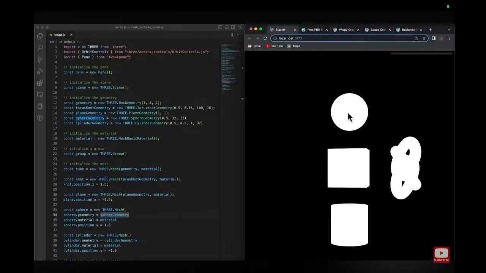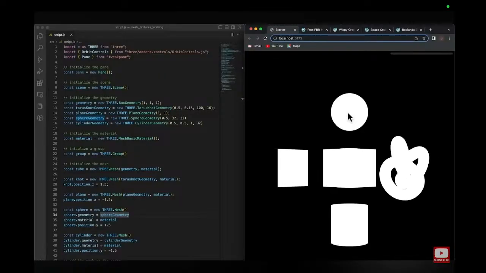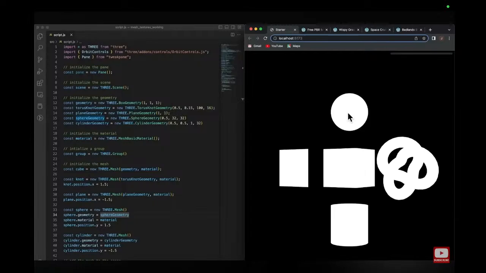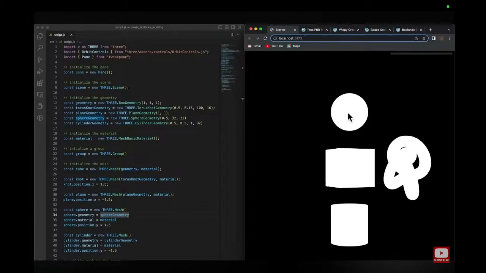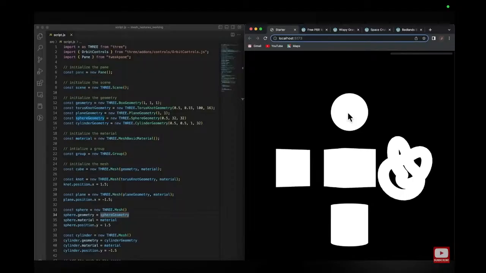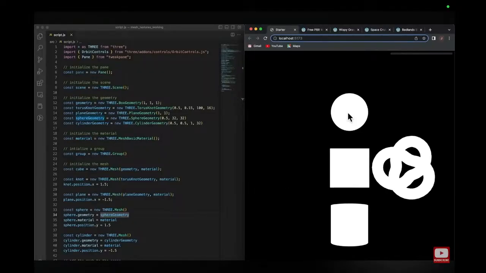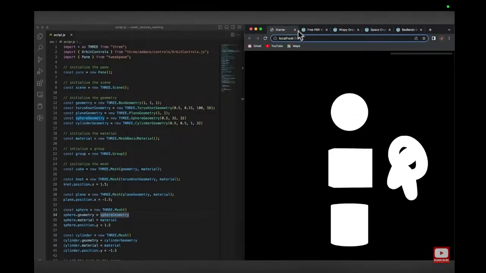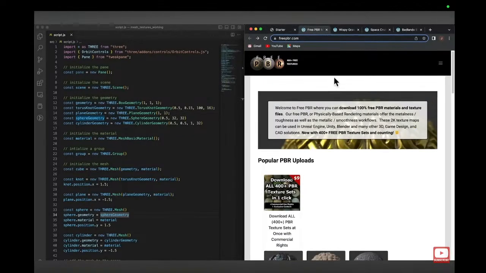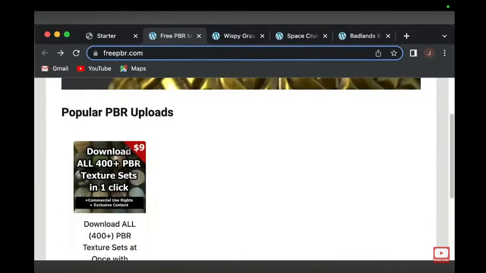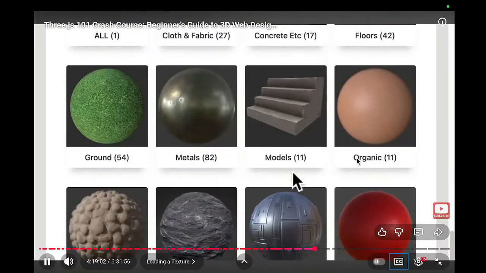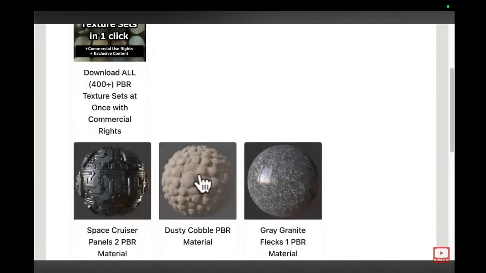All right, now that we have our scene set up, let's go ahead and get ourselves set up with our first set of textures. Now, textures are any image. You can use any image for different textures, but to make it relevant for us, let's get textures that we may actually want to put onto materials in a scene that we want to create in Three.js. To do that, I'm going to point you towards a site called freepbr.com. They basically have a catalog of many different types of really cool materials that you can use. And then within each